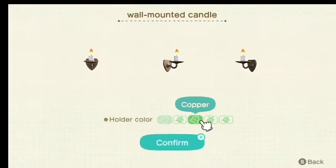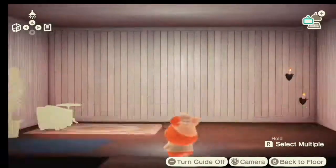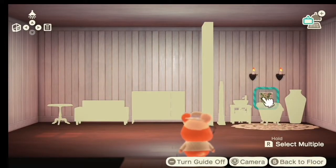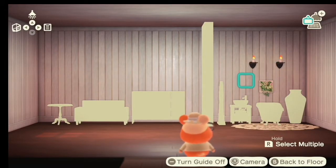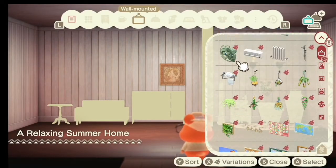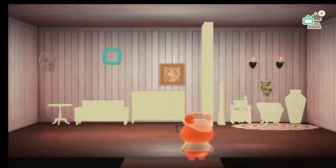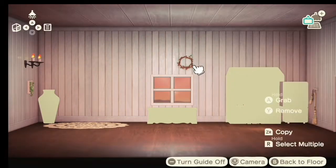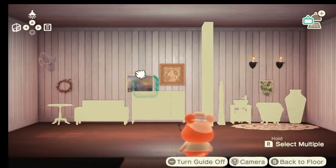So there's also that. At this point, we had placed all the furniture, go me, and now we're decorating the walls and adding those finishing touch items, which, to be honest, is fun. And I'm not going to complain. I love this game. I'm not going to become one of those people that just complains about this game, but